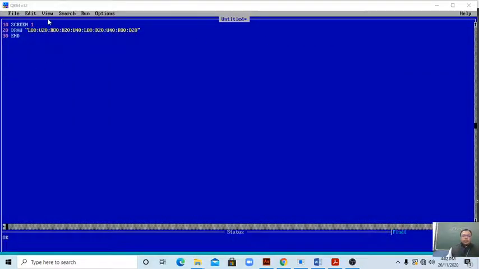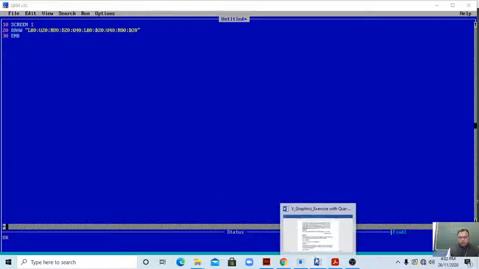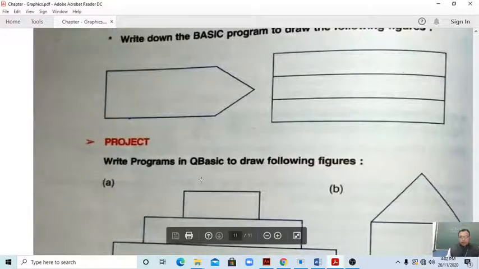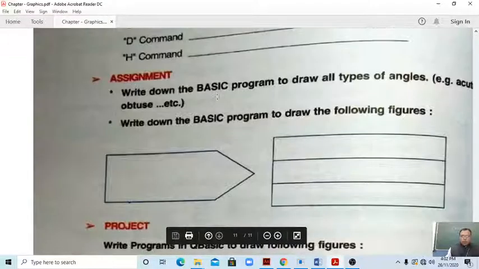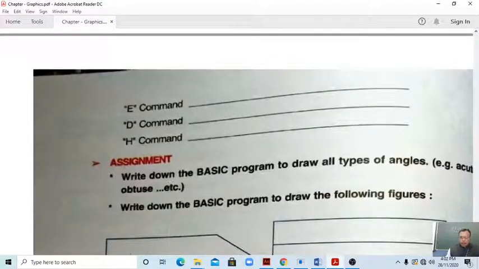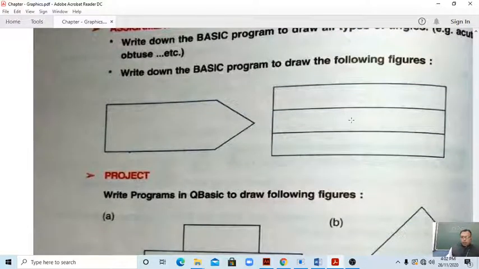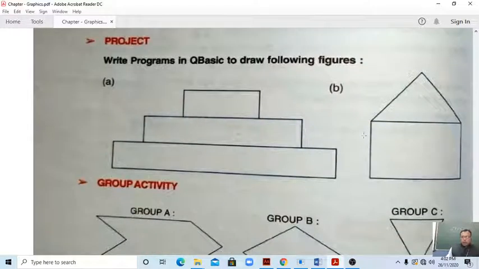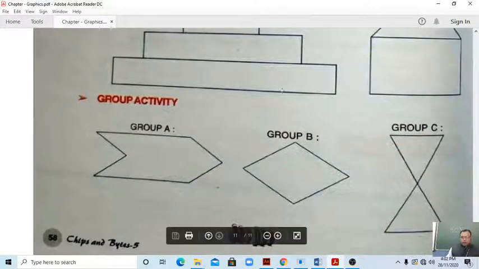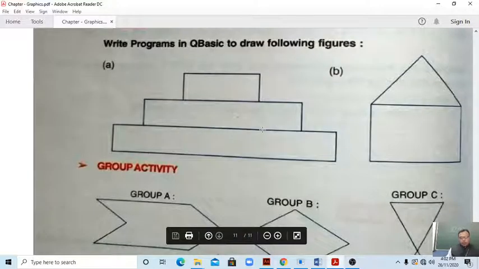Clear? And students, this is one project work. First of all, whatever we have told, acute angle, obtuse angle, right angle, reflex angle, straight angle, you have to practice this by this video, and also practice this one. Then you can easily make these 5 figures. Okay, and when the window opens, you will send me this code, after checking from your side. Okay, students.